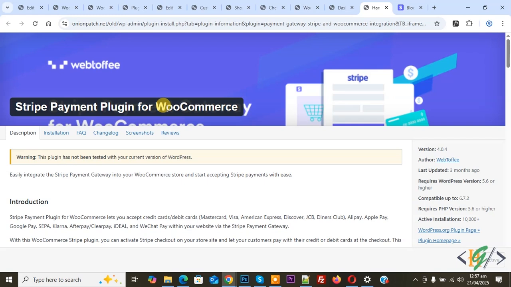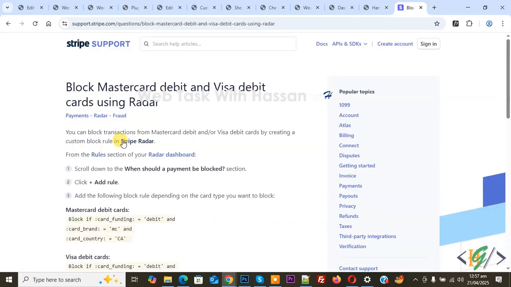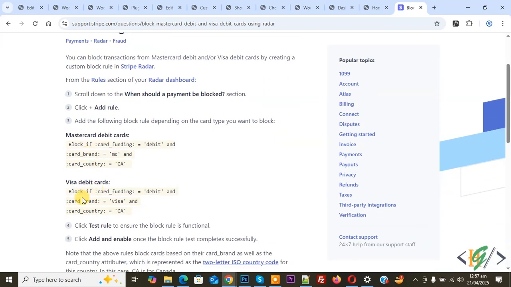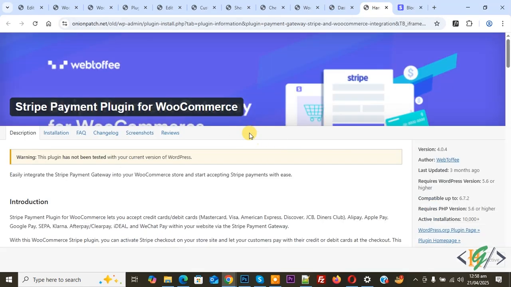If you want to add more perfect validation on cards, you can open your Stripe dashboard or account. Now you see this is a link. Open your Stripe account and then you see the Rules section of your Radar dashboard. Open this and then you can add a rule. You see the format is card colon card underscore brand. Now you see the condition we are using: block if card brand colon Visa. You can find Radar conditions on the support page in Stripe, but we are using this plugin and we are